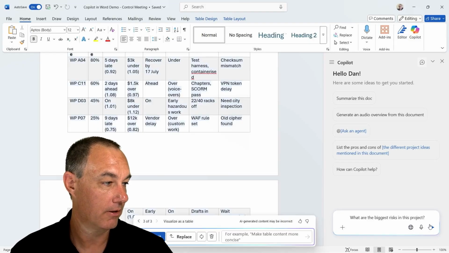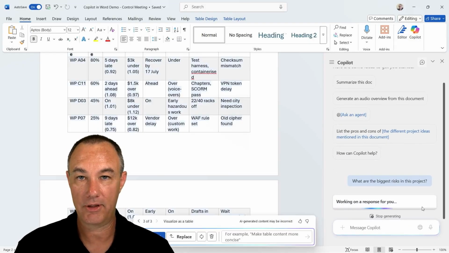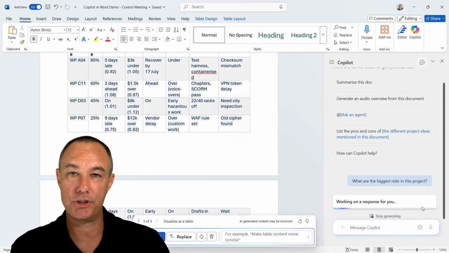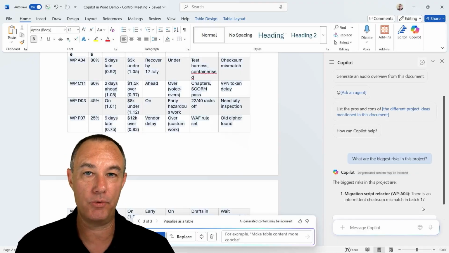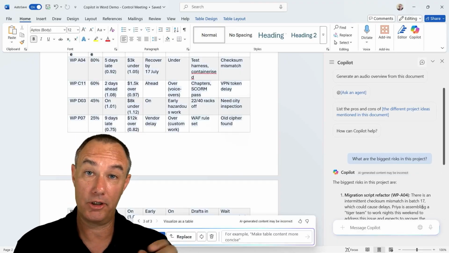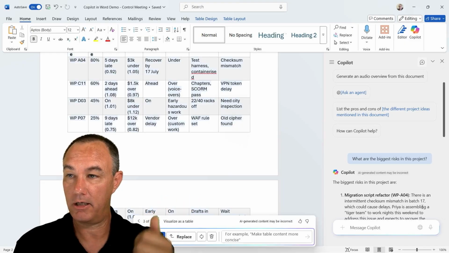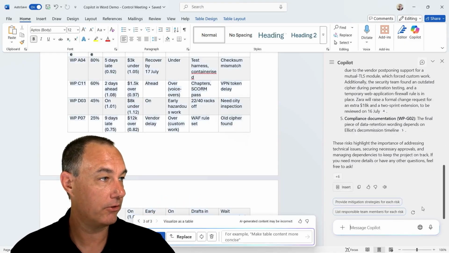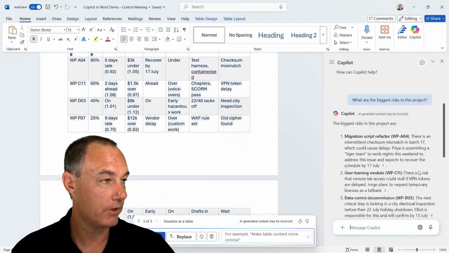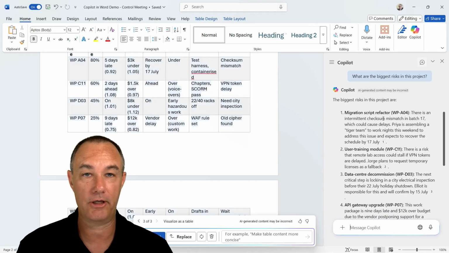So I'm asking something that is looking for insight into this document. So I'm going to hit this. And this is the sort of thing that because I'm asking questions about this document, I'm going to do this in the pane, in the thing on the right-hand side, okay? And so let's look this over. Okay, so the biggest risk for this project. Okay, so